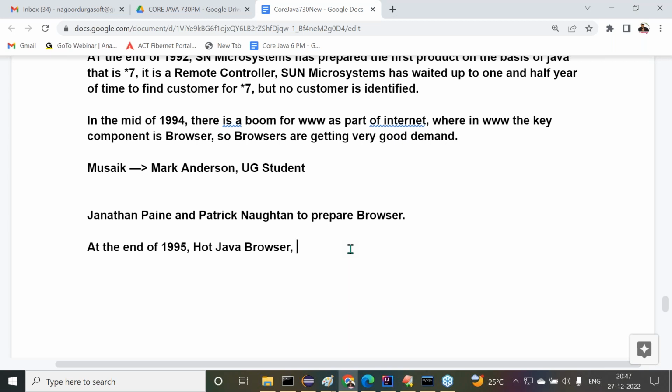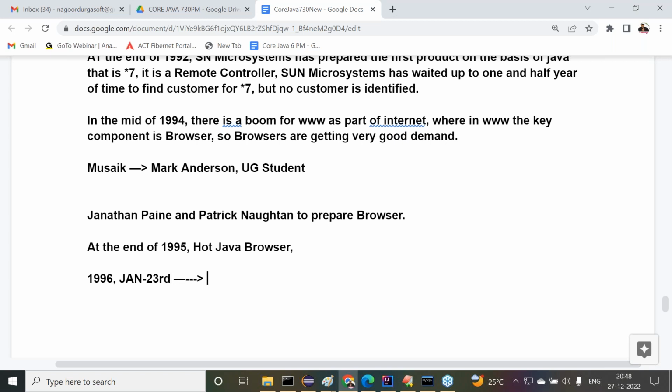By the time people were talking about the Java programming language, they immediately sent requests to Sun Microsystems: please release that Java programming language to the outside. Then Sun Microsystems took steps to release it to the outside market. They took the first step on January 23rd, 1996, releasing the very first version of the Java programming language to the outside market.